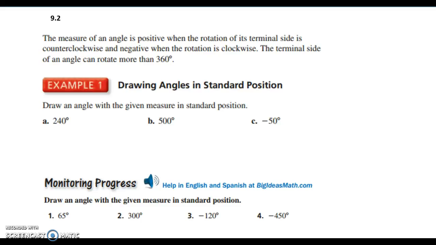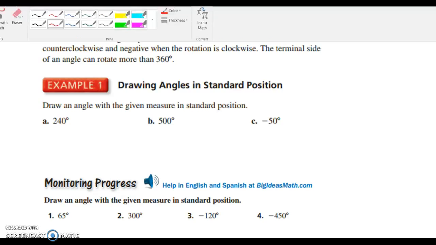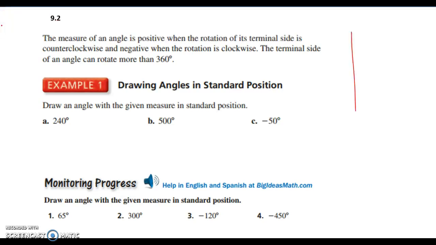Go to page 5 in your notes packet and look at example 1 from 9.2. All we have to do for A, B, and C is draw an angle with the given measure in standard position. So we should know that looking at angles,